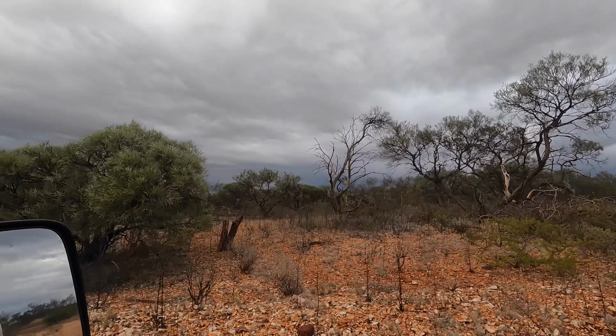Well, managed to get dinner on just before the rain started to set in. Just some ribs on a low temperature there, so they've still got a while to go. But the main reason I want to get out of here pretty quick is because just in case these little creeks do flood,